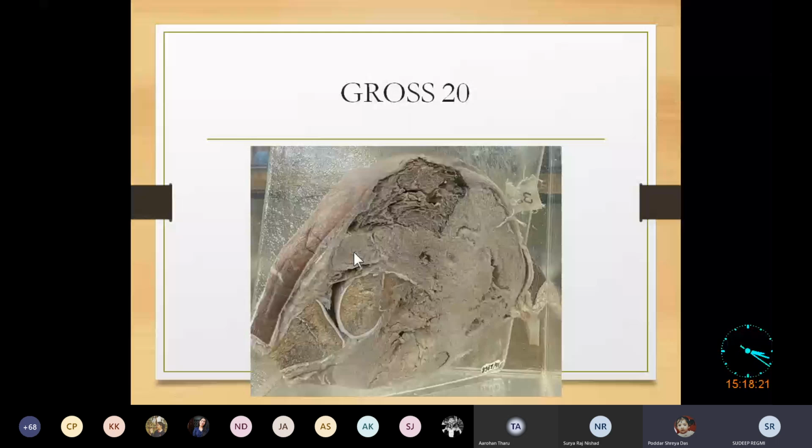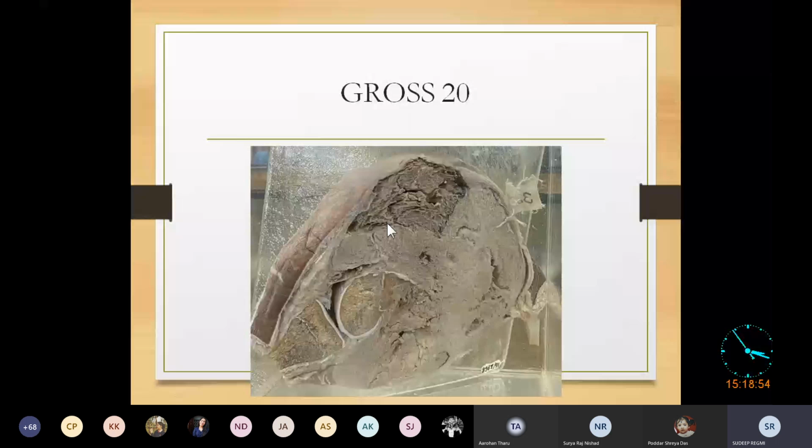So whenever you talk about a malignant tumor, there should be a mass. Here you can see this is the part of the knee where you can see the tibia. This is the distal part. Here's the skin and here is the joint part. Here you can see the tibia and here you can see the distal part of the femur. But here you can see there is a large bulky tumor. Mass is there, bulky mass. Do you normally see this type of mass? No. There is a bulky tumor, and areas of hemorrhage and necrosis are also there,